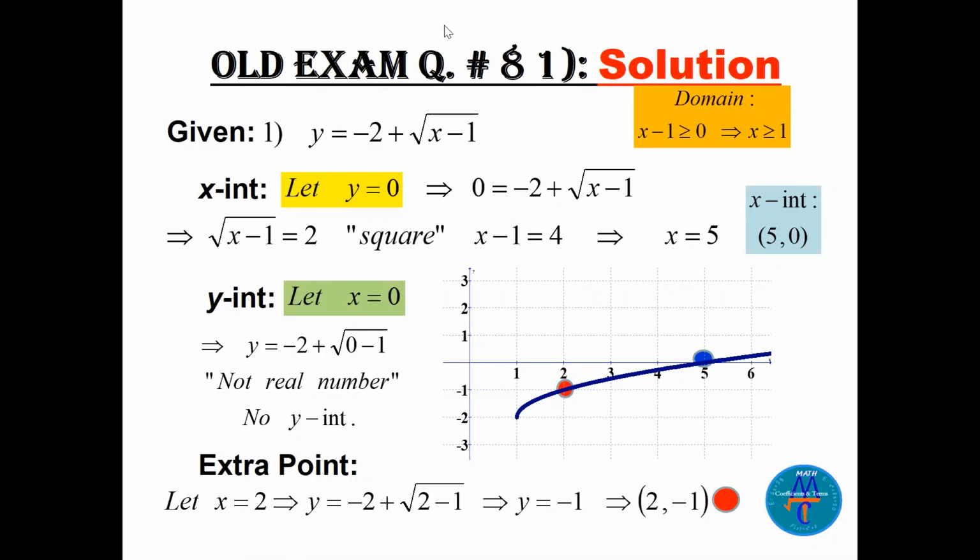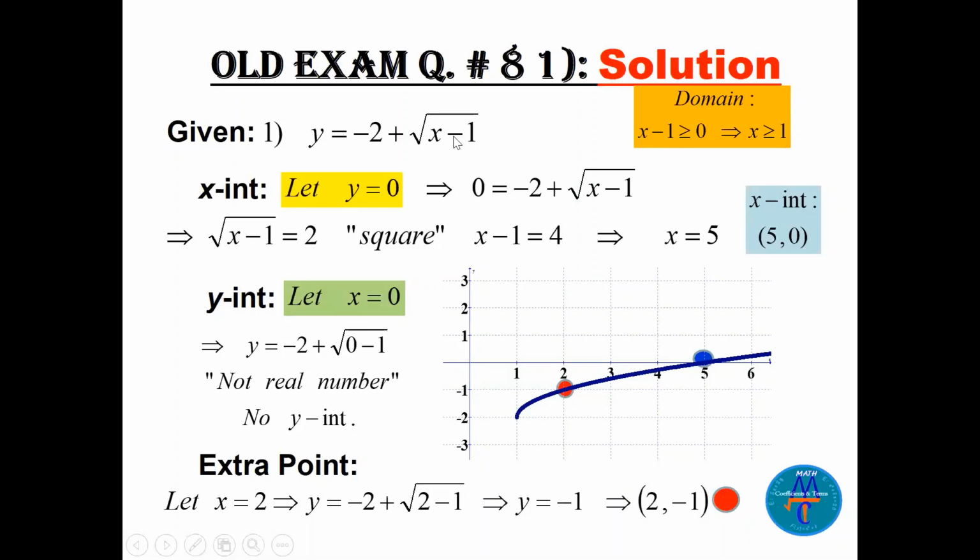X-intercept, let y equal 0. I put here 0 equals minus 2 square root of x minus 1. Take 2 on the other side and square both sides. So x minus 1 will be 4, which is x will be 5. So 5, 0 here is the x-intercept. Just imagine that point. Remember, when you have anything with the square root here, x minus 1 or any, we